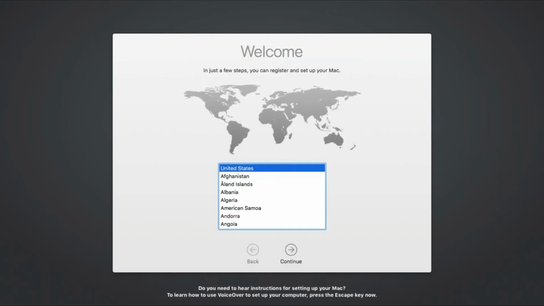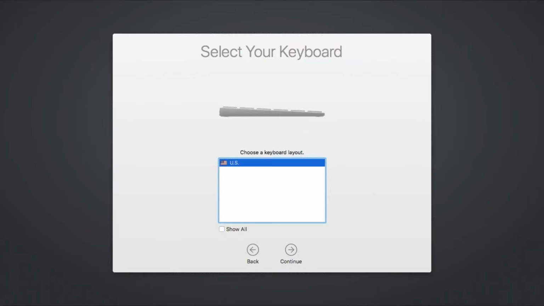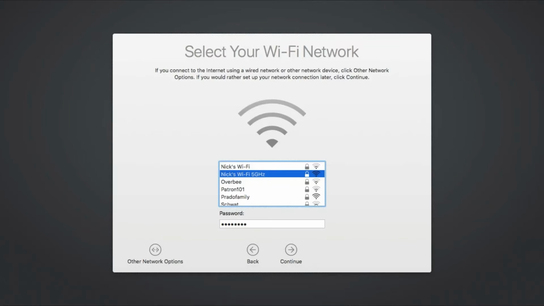We'll start by booting up that Mac for the first time. We'll see the same old setup assistant most Mac users are familiar with. So let's start by picking our language and our keyboard. And we'll get connected up to Wi-Fi. Now, this does not need to be a corporate network at this time. It can be a home or a guest network. It just needs to connect to the internet in order to move forward to the next step, which is the